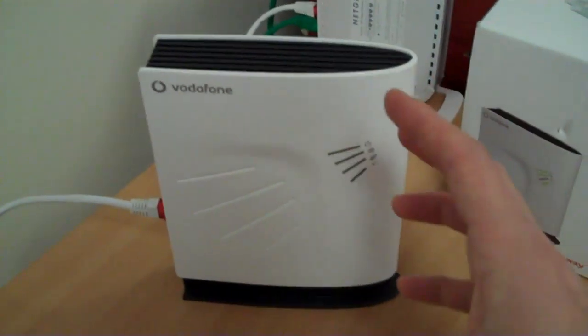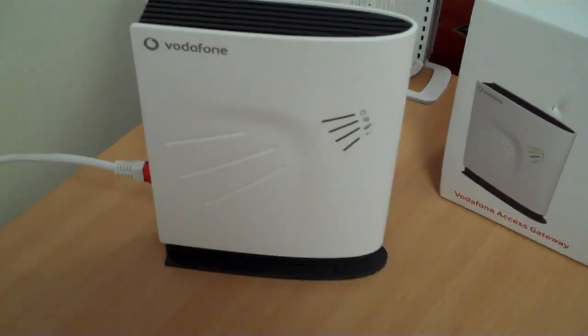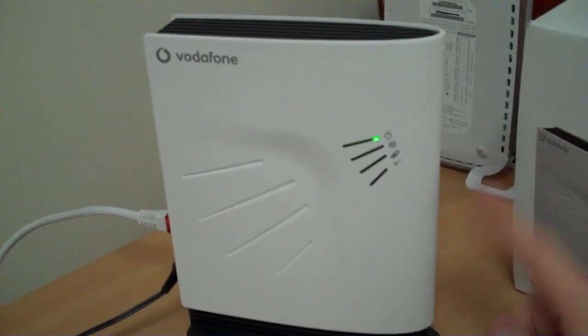nearest cell. Now the good thing about the Femtocell is that it basically works in a similar kind of way to a digital cordless phone you might have around the house. So it's actually much less power than you would normally use on a mobile phone going out to a mobile phone mast. So if I just plug this back in, it takes a few minutes for it to actually